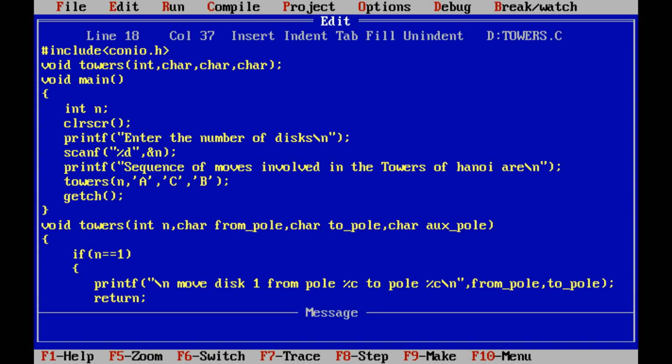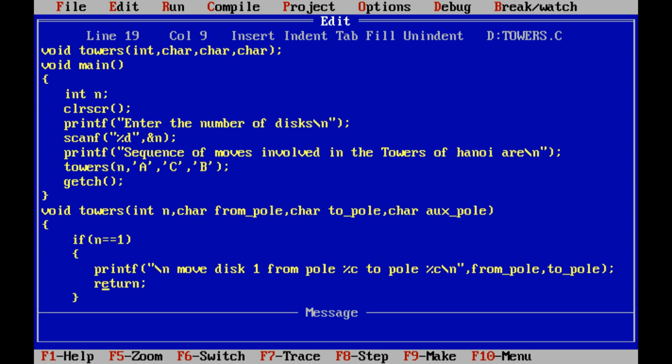That disk can be directly moved from pole to pole. So from pole is the A pole and to pole is the C pole. A pole is the source pole and C pole is the target pole. So if the number of disks is equal to 1, directly we have to move that disk 1 from pole A to pole C.